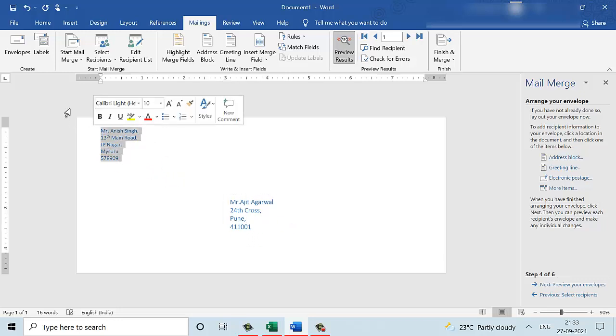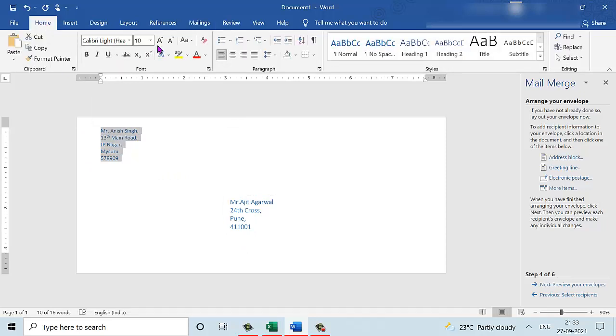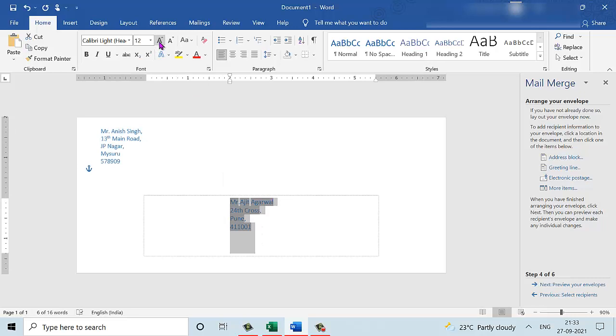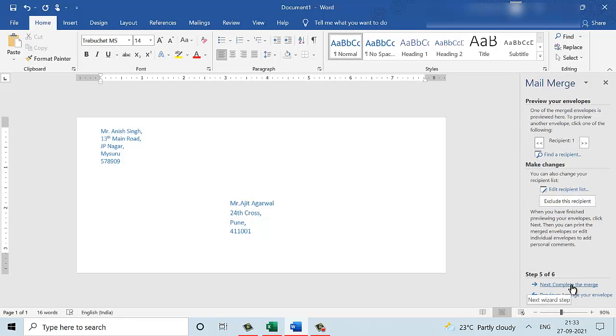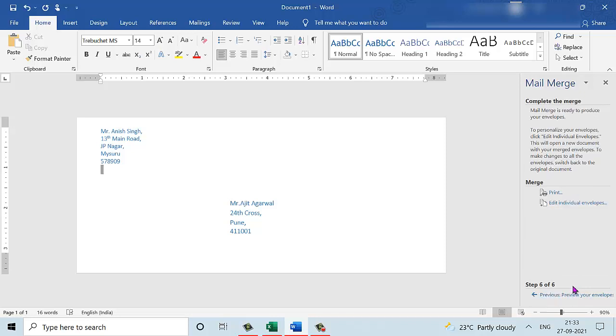You can just ensure if you want to increase the size, font, etc. of the addresses. If you think it is well aligned and good to go, you can go ahead to the next step, that is to preview, which we just did now, and we can finally complete this merge.